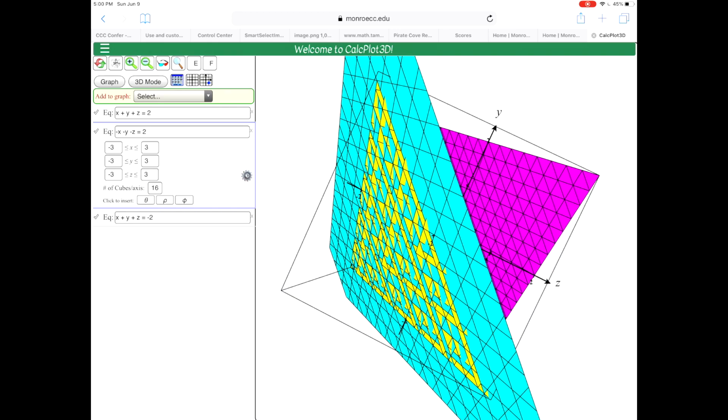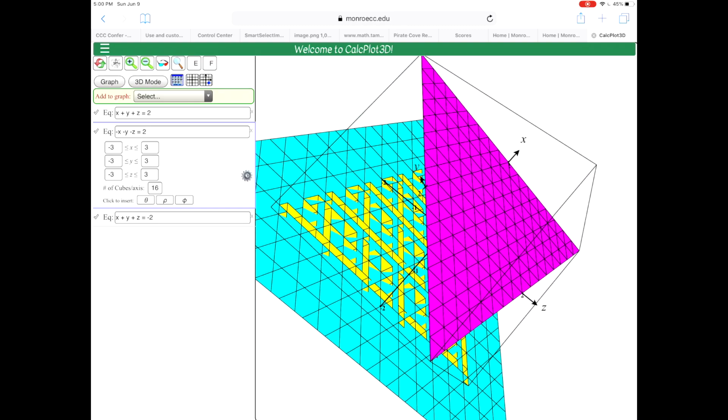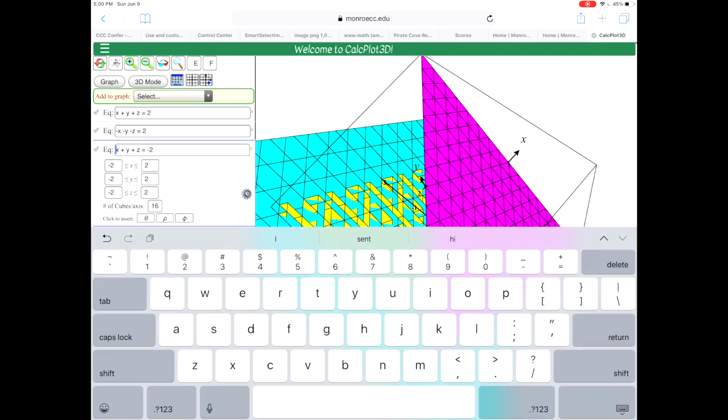So you can see how they're coplanar there, right? And then now I need to have this one be a multiple. So if I double this one, or double the first one rather, it would have to be equal to, what, 4? And then if I have this one go from -4 to 4, -4 to 4 on each of them,